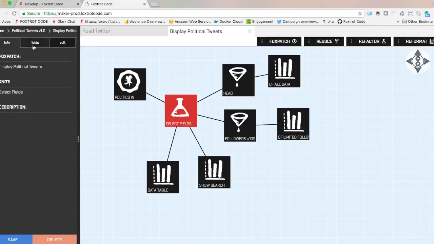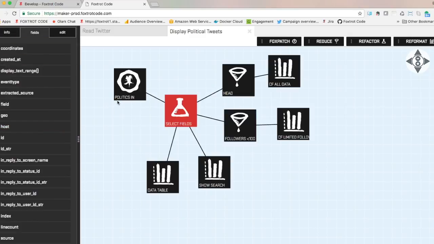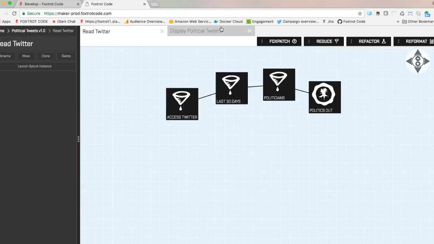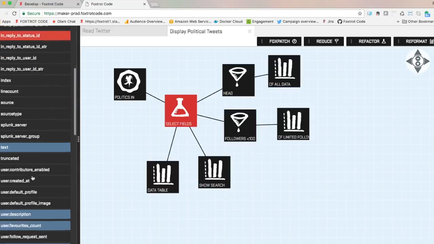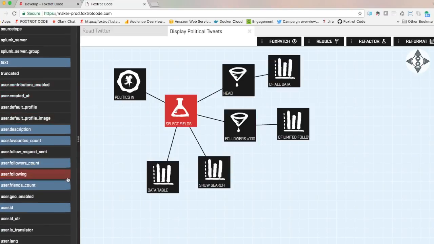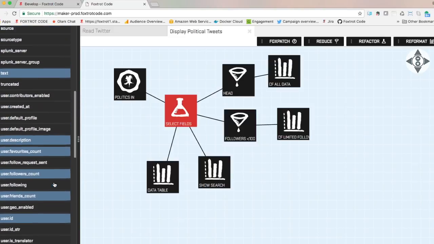Okay, so let's look at what happens when we click on it. So the select fields looks at this particular place in your algorithm with the reduction that occurred on this page, right? And it's looking in here at what are the fields, and it's letting you select them. That's what the blue is. So if I wanted truncated, I could select it. And just click it again to deselect it. So only these fields in blue are going to come through,